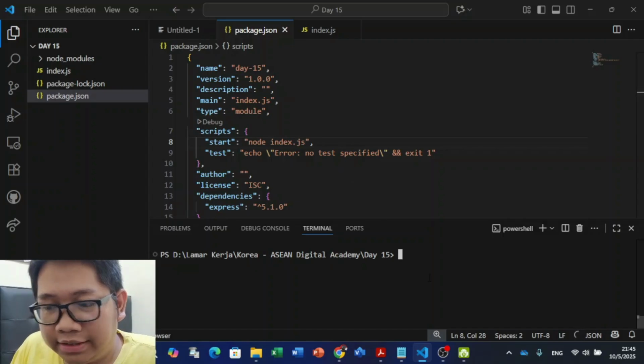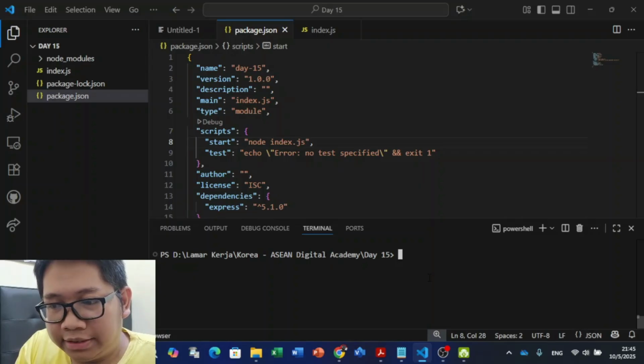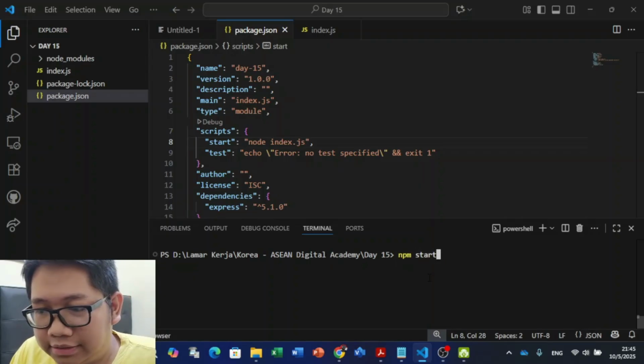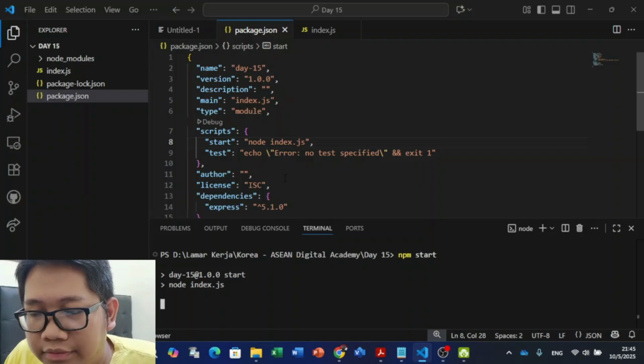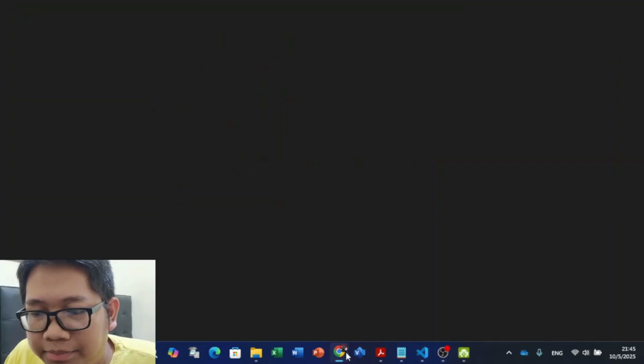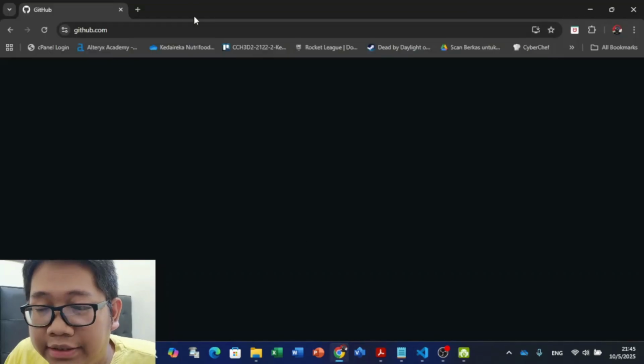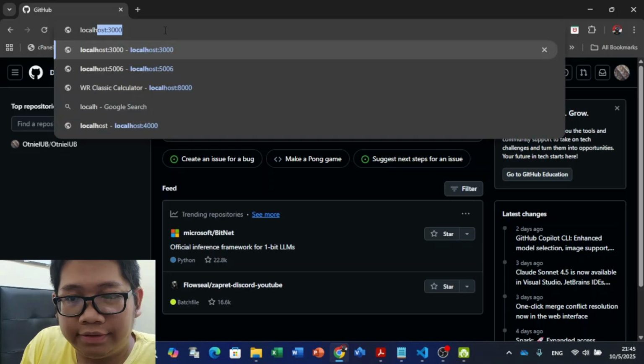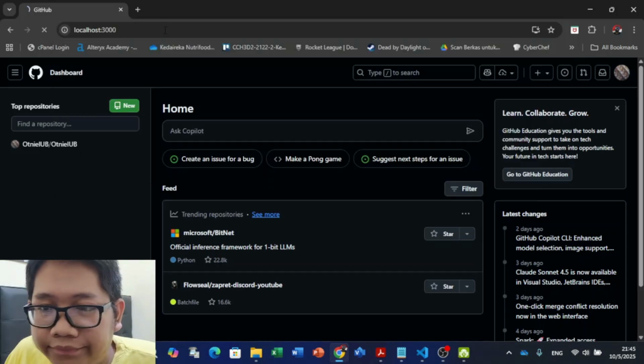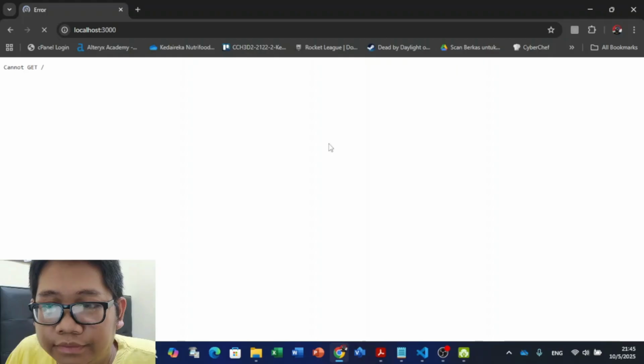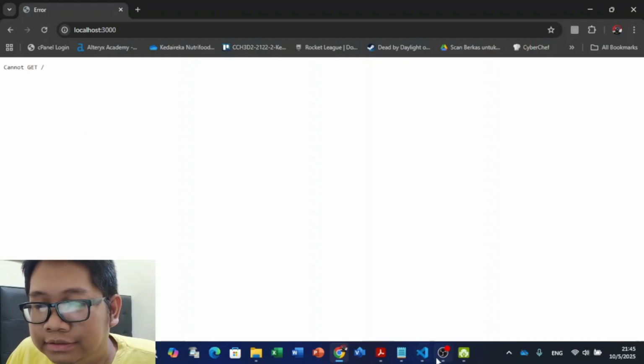So we can initiate with npm start, and we can just open it in localhost 3000. Okay, since we didn't define anything, it shows this.